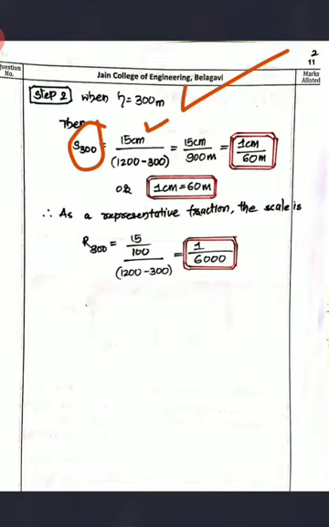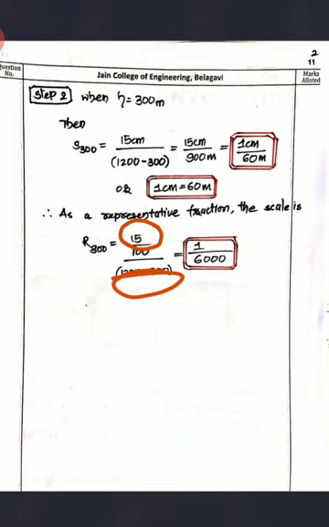The same representative factor applies here: you convert the 15 centimeter into meters and the denominator will be in meters. So it is going to be 1:6000. This is the representative factor. Here you have the same units, 1:6000, but the scale shows that 1 centimeter on the photograph measures 60 meters on the ground. You have to keep that in mind. So this is the problem where we get the scale for different elevations.